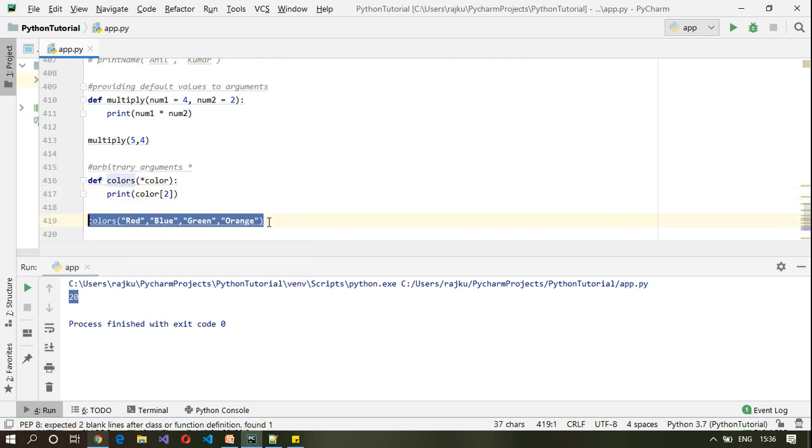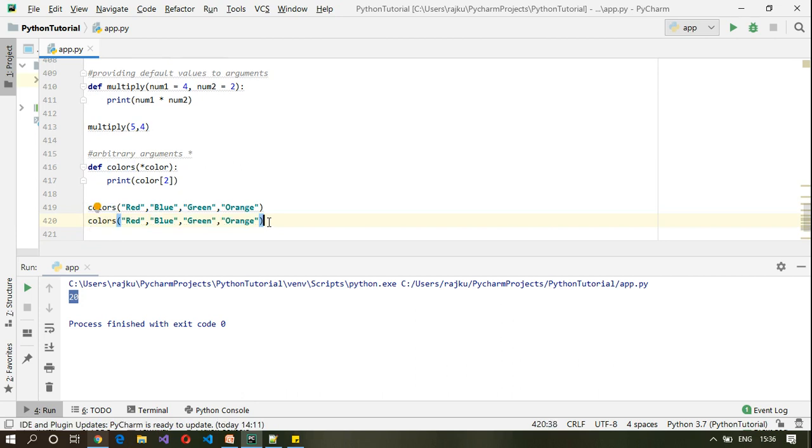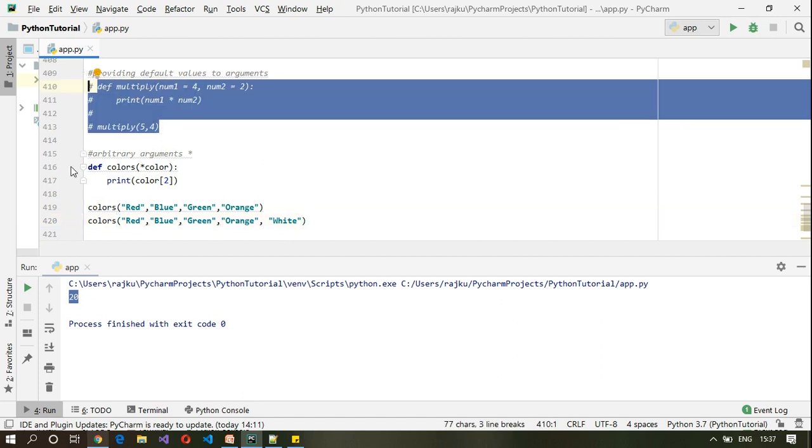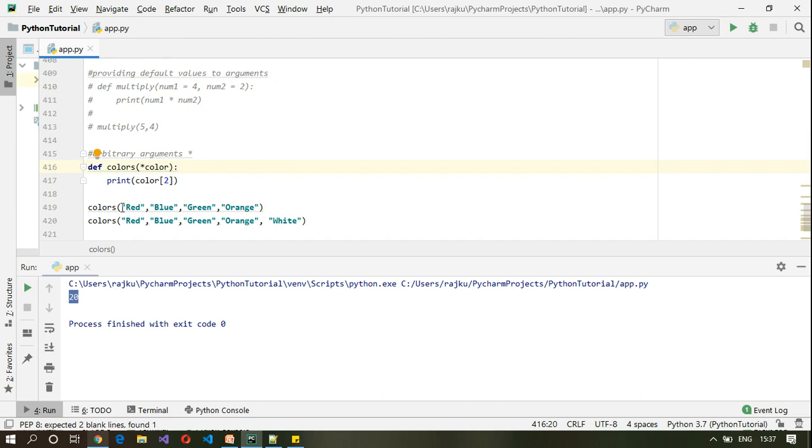However, if I pass in five values also, here I have defined a colors method which takes arbitrary arguments. That means the calling function can pass in any number of arguments. However, I'm printing colors of 2 here.